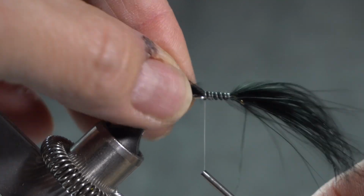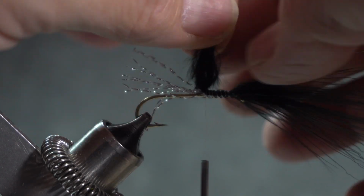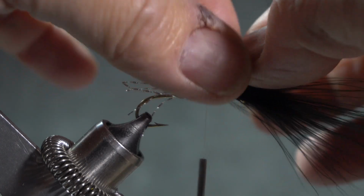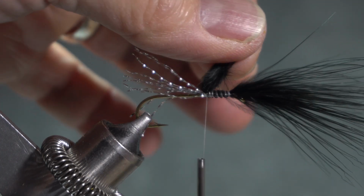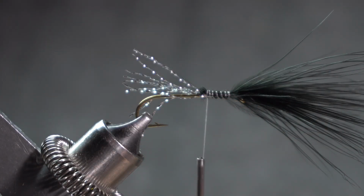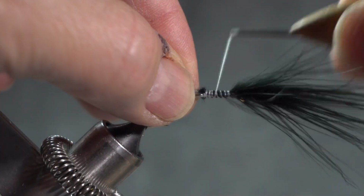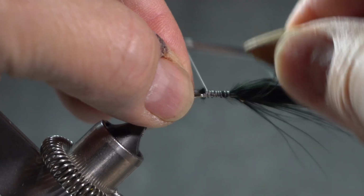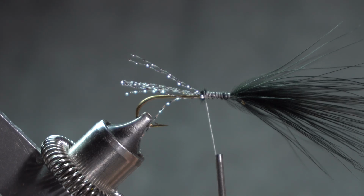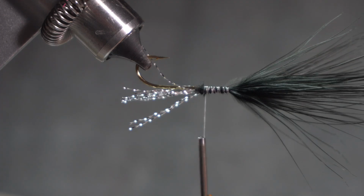These streamers have long heads that are epoxied, so I'm going to wrap back to where that head would end, clip out the butt material from that marabou. And I'll just go ahead and start back here and flip my hook so that it's upside down,